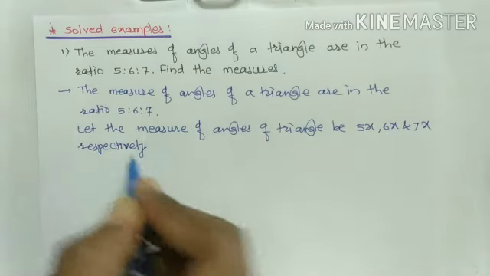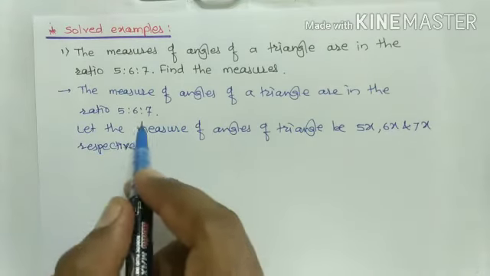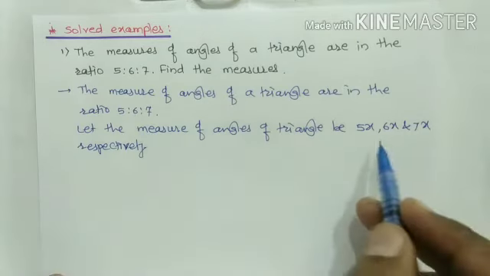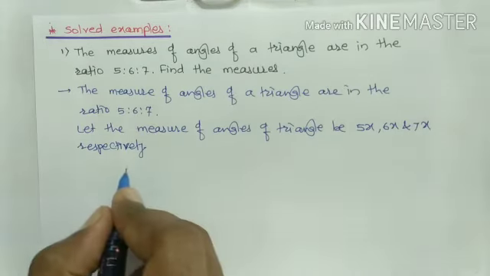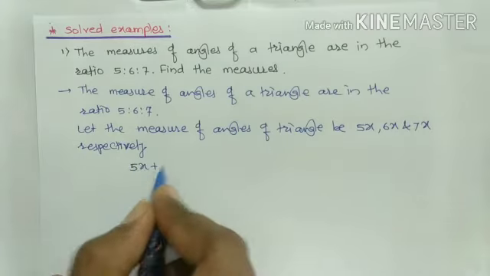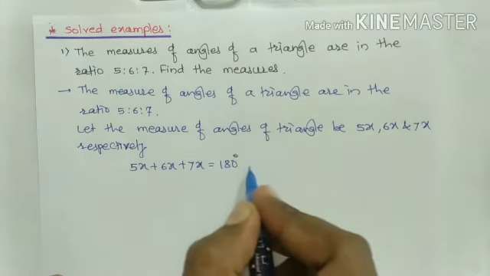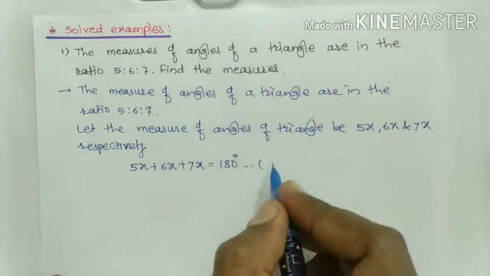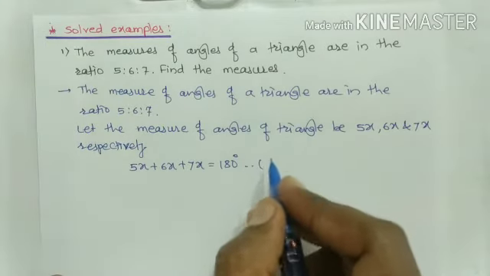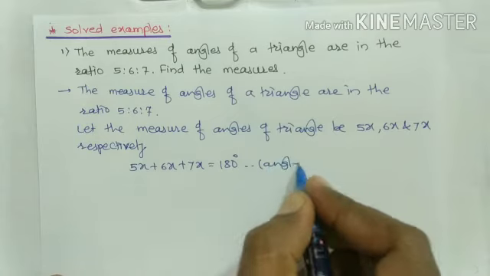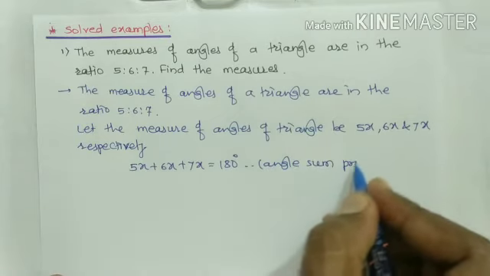Here x is the common multiple because the ratio of the measures of angles is given. Now we know that 5x plus 6x plus 7x equals 180 degrees by the property of sum of measures of angles of the triangle, that is the angle sum property